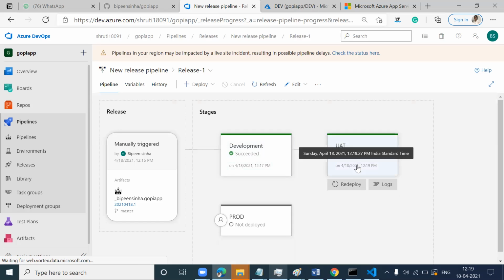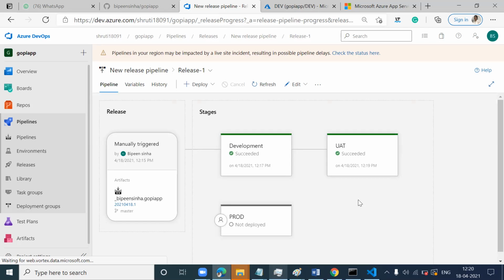Succeeded. But look, is this going to happen or not? It will never happen automatically. So it means that you need an approval first to deploy this production application.